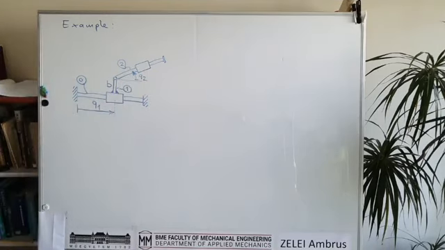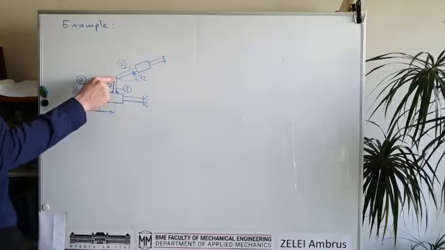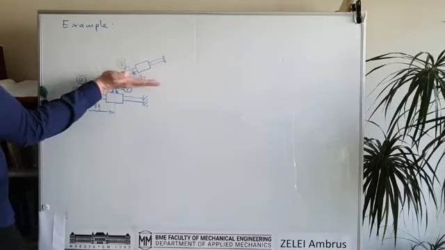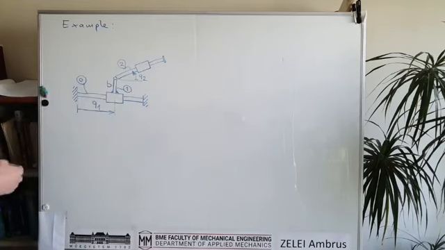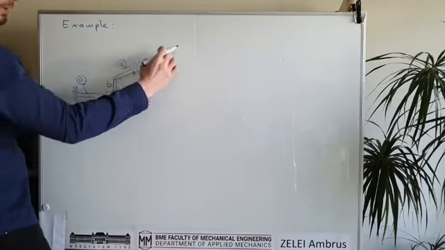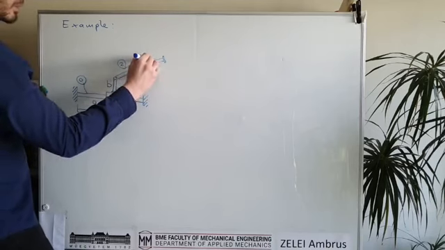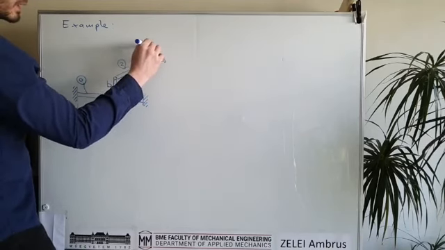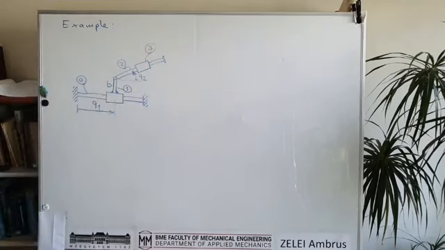Okay, so this angle is our second joint coordinate. This is a rotational joint, and the second rigid body is this bar here, and there is a slider again on it, so this is a translational joint again. So rigid body number 3 is here, and